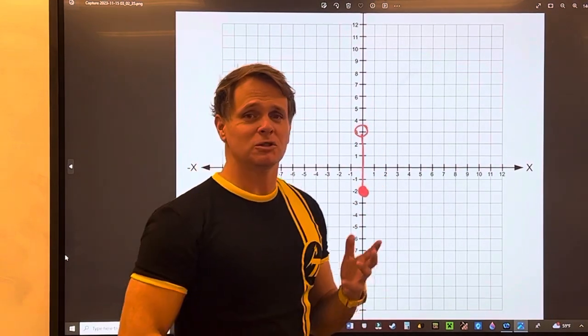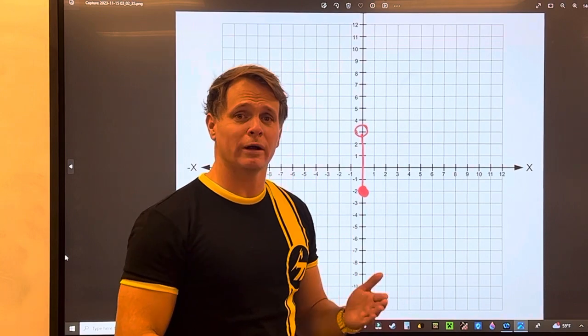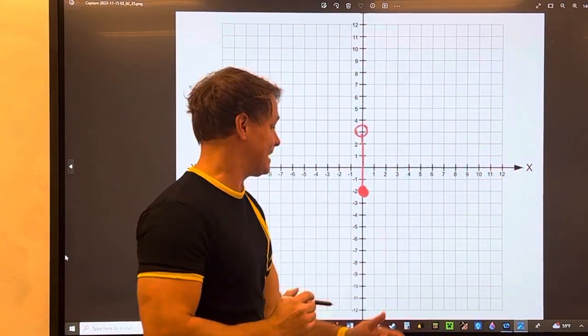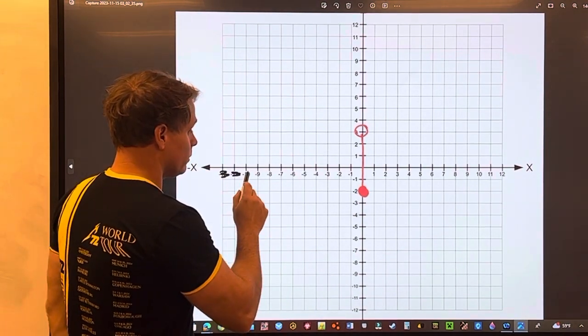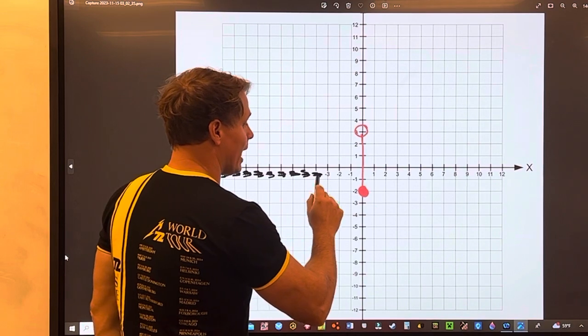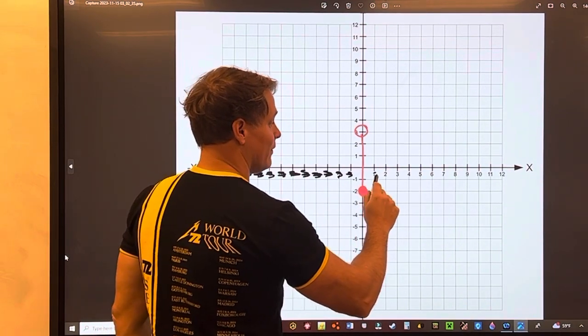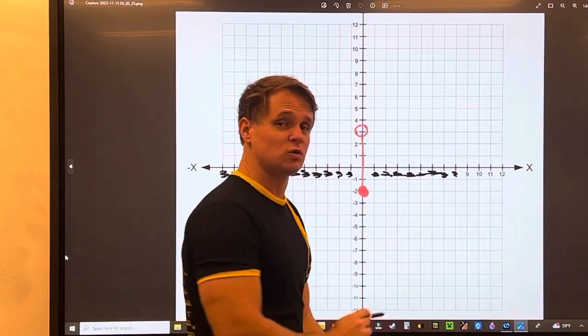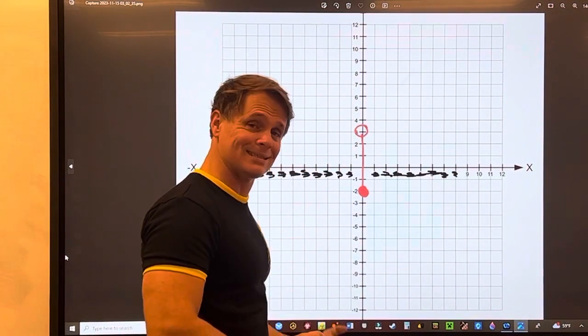Now when we talk about the range, we don't need to worry about the x values. We don't need to worry about the x-axis. We don't need to worry about the words left and right. So we don't need to worry about any of these numbers right here on the x-axis. They are useless. All we need to do is worry about the numbers on the y-axis, the numbers that go